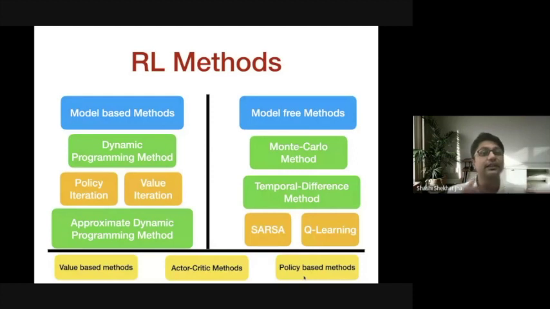However, if your actions are discrete, like playing a game of chess, these are very discrete actions, people go with value-based methods. Then there are methods that combine the benefits of both, and those are called actor-critic methods. They directly work on the policy, but they also use the values. So this is the whole very high-level set of methods that are available to solve the reinforcement learning problem. If you're interested, you can read about these methods in more detail.